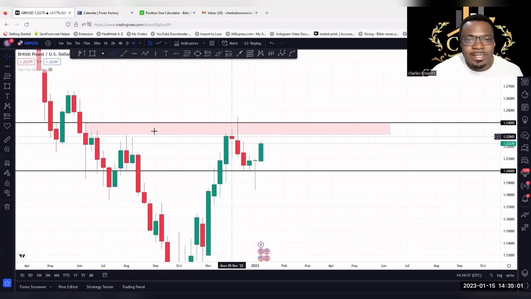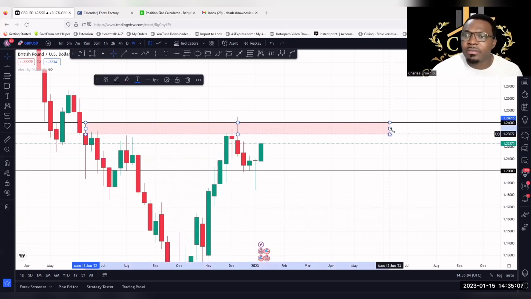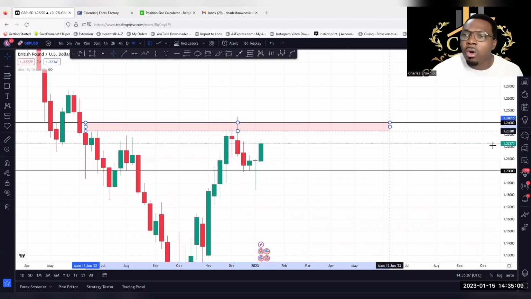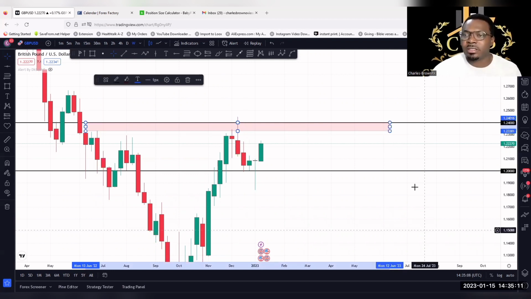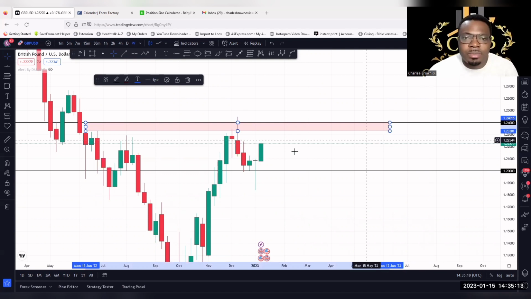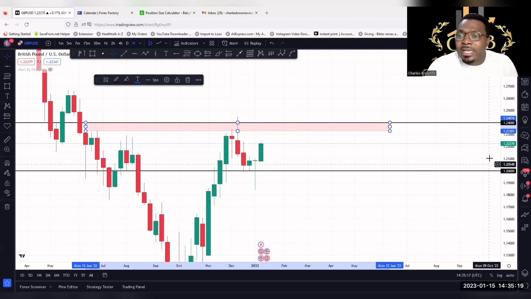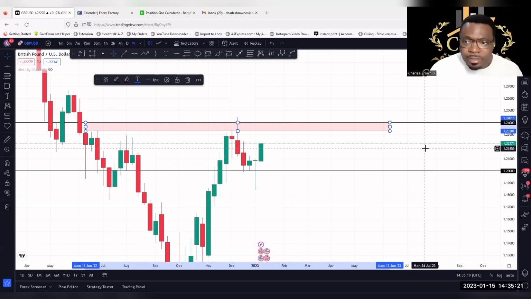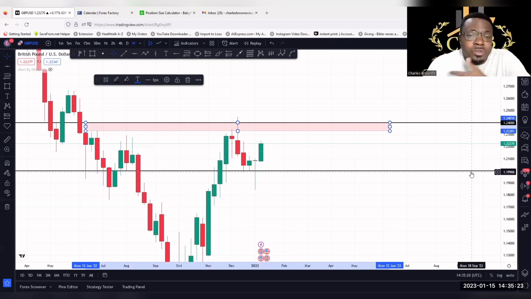So we're going to be targeting this week. I'm expecting that the market is going to come all the way up here to this psychological level of 1.2400 or 1.2300. So within that range, we should be looking, but price is very close to 1.2300 because, according to where price is right now, it is above 1.2200. So if price is above 1.2200, then we should be looking at price already heading to 1.2300.